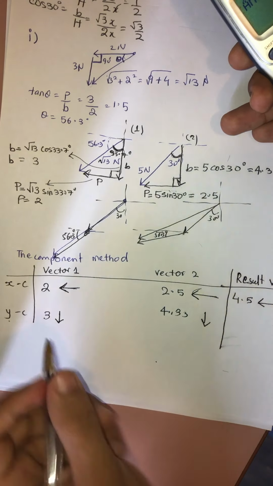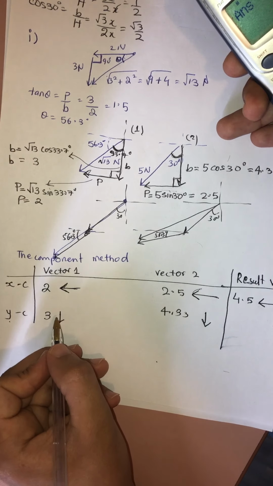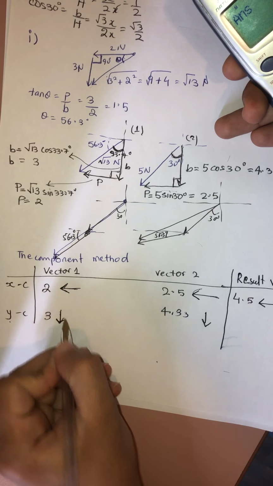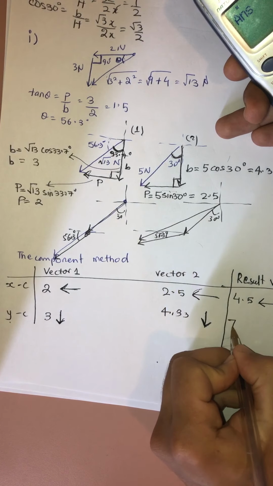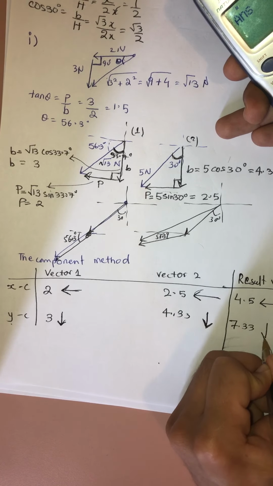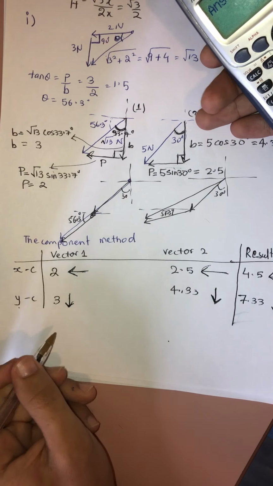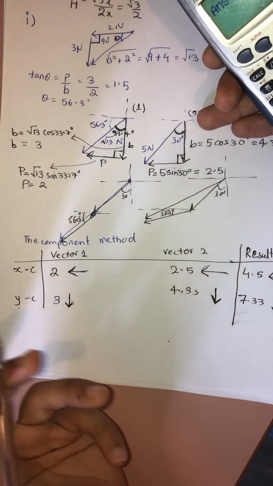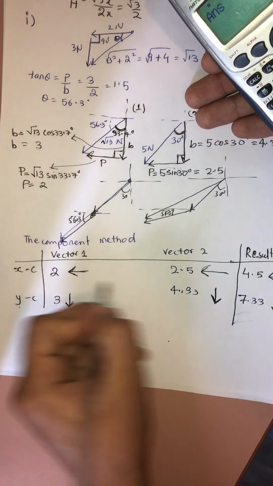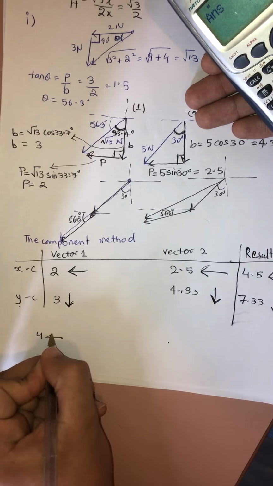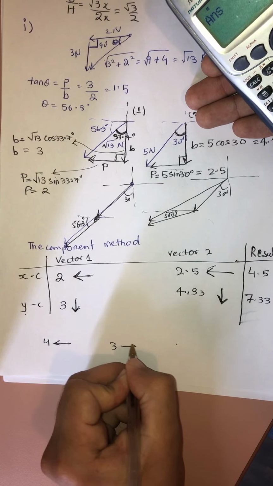In this case, this is down, this is also down, so you can add both. 3 plus 4.33 is 7.33, which is also in the downward direction. Remember one thing: if by coincidence one of the components was 4 in this direction, and the other was 3 in the opposite direction,